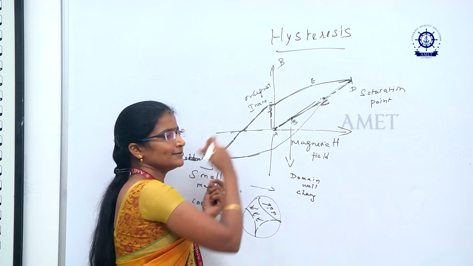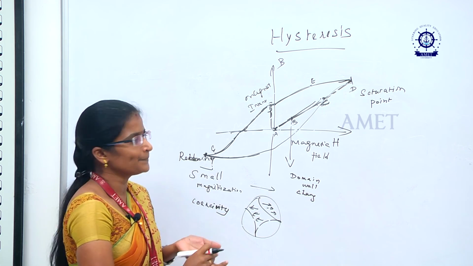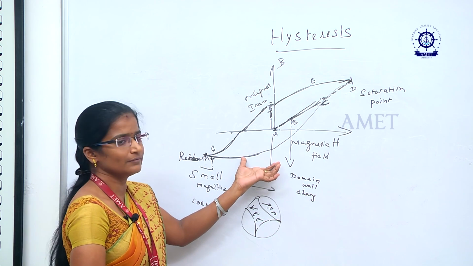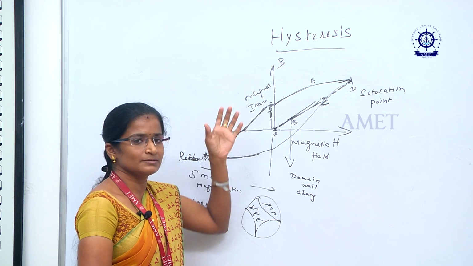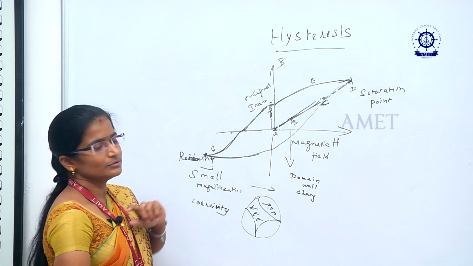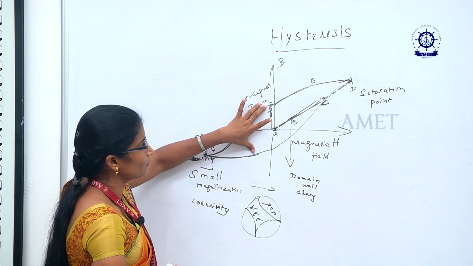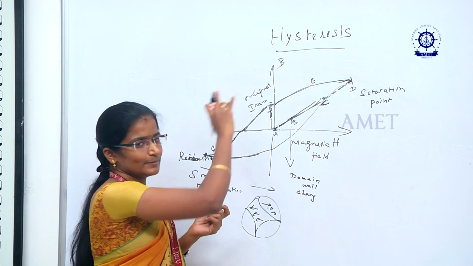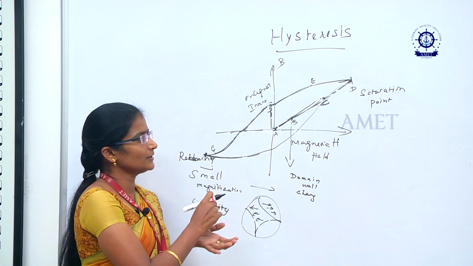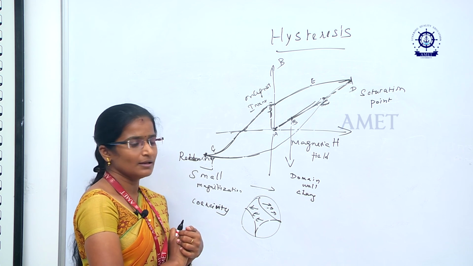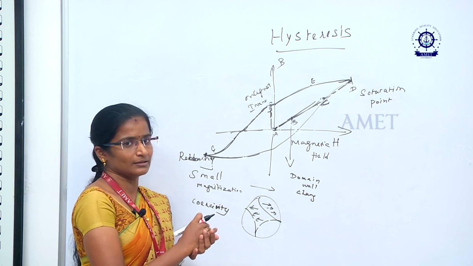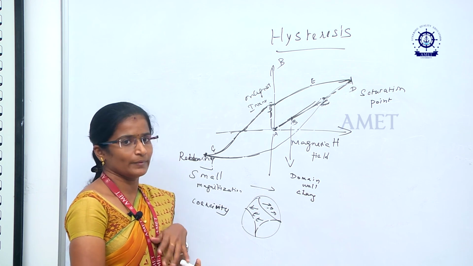Again we want to convert this magnet into a normal material, so again we are removing the field, giving some negative potential and increasing the magnetic field. Again we convert this magnet into a normal material. So this is the main process related to hysteresis. This is the lagging of magnetization explained by the hysteresis process. I hope you all understand the main learning objective of this hysteresis process, mainly related to ferromagnetic material: how a ferromagnetic material is converted into a strong magnet. This is the main learning objective of this topic. Thank you.